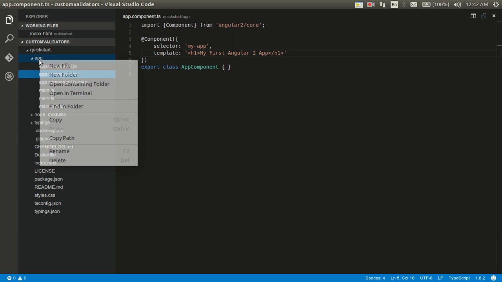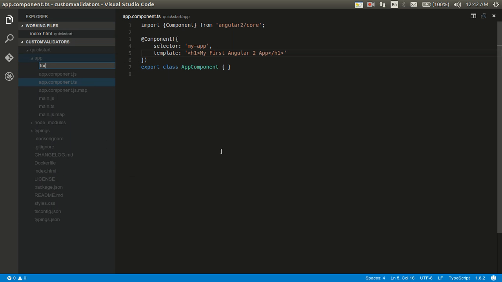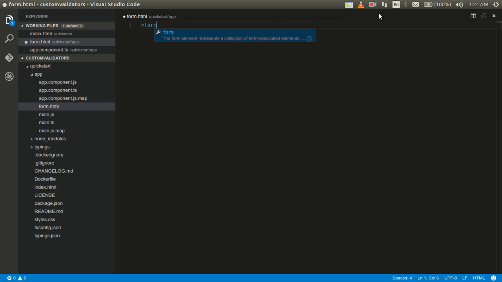Form, maybe we could build it in a separate file, form.html. And since we are using the bootstrap material design framework, I think we could make use of a few classes from there. Div class equal to form-group. If you are familiar with bootstrap, you would obviously know all the form classes which you use to construct a form. And inside this I will have a label, class equal to control-label, I guess. Yeah, control-label